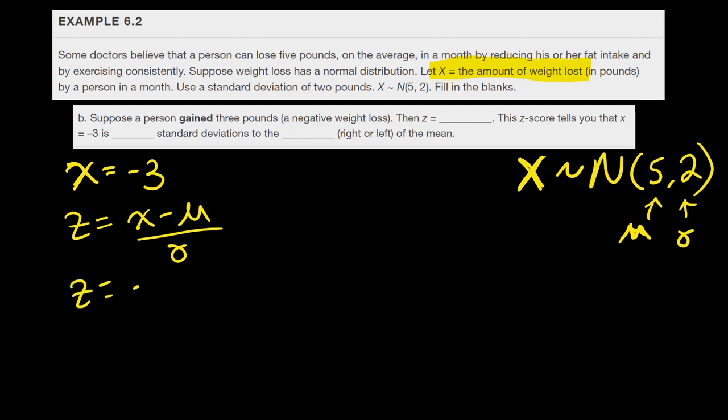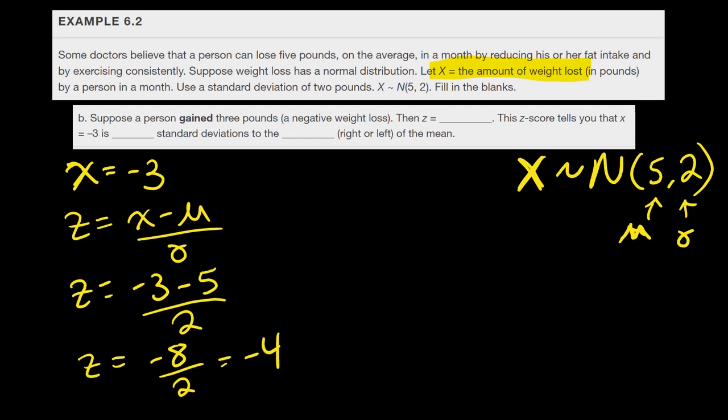All right, so Z equals -3 minus 5 divided by 2. Do what's in the top first. -3 minus 5 is -8 divided by 2, and this is -4. So Z equals -4,